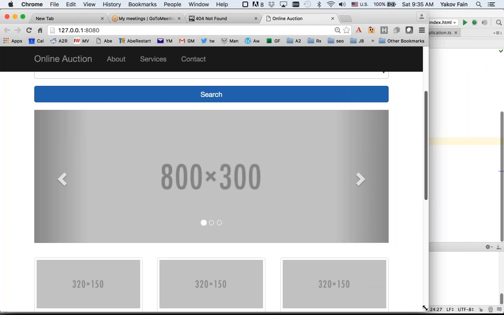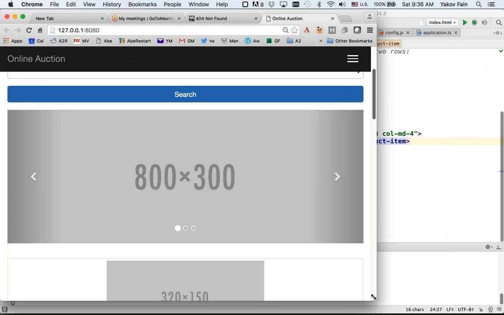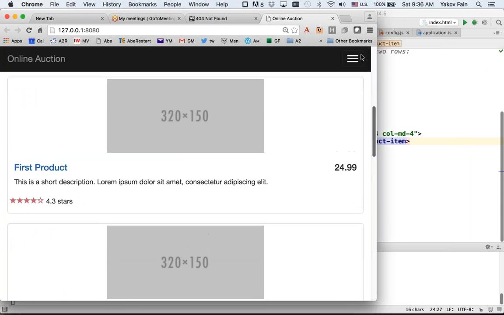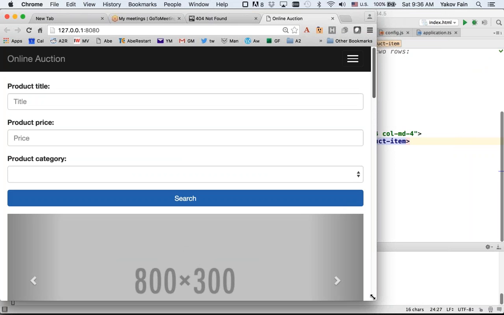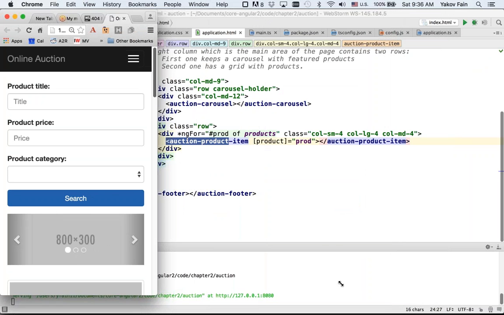You can install the sizer extension for Chrome, and it will show me the size. I keep moving, see? I went through another breakpoint in terms of media queries, and my screen is smaller, so now it shows me something different, right? So this is what I mean by responsive design. Our application is already responsive. It will look nice on different